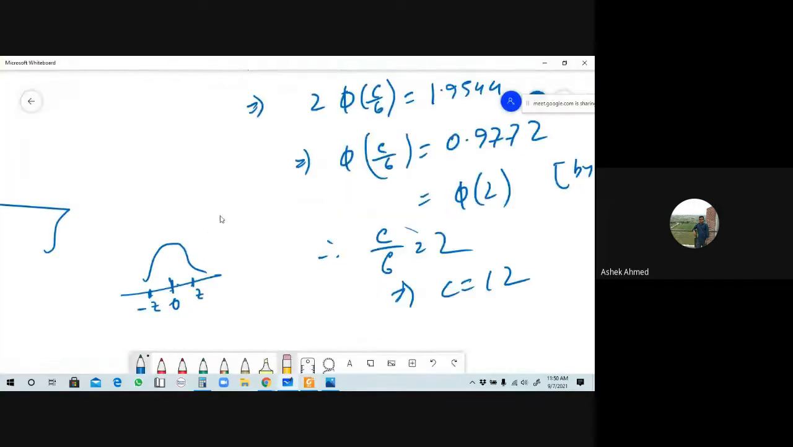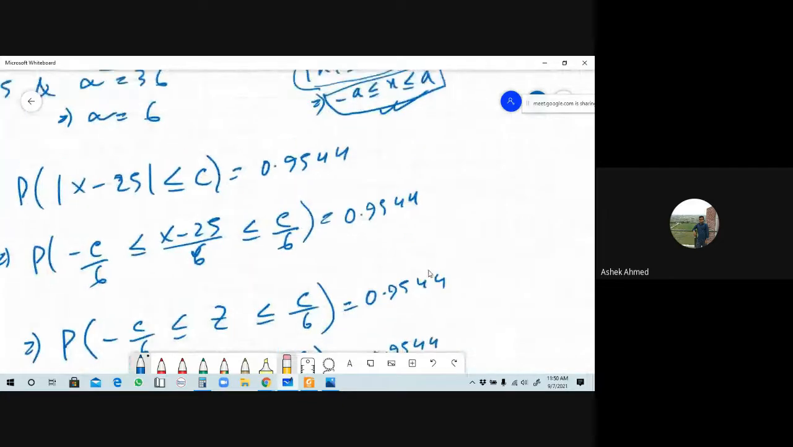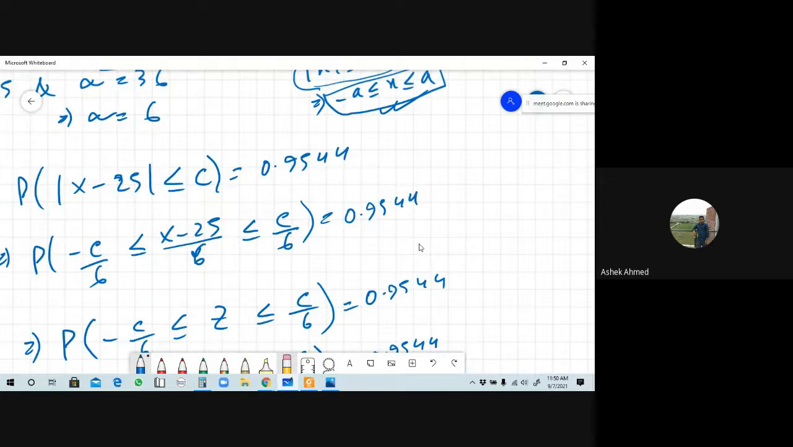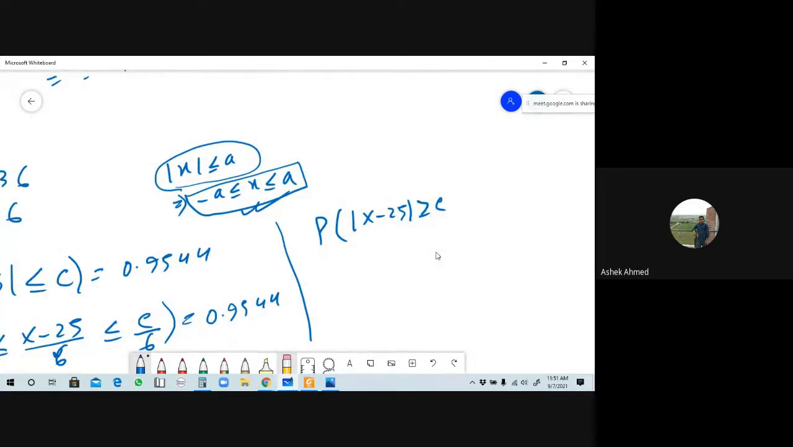তাহলে এখন এখানে দেখো, এই কোশ্চেনের মধ্যে যদি থাকতো এরকম: find the values of C, for which probability of absolute value of x minus 25 is greater than or equals to C equals to, মনে করো দেওয়া আছে 0.9544. Can you remember? Can you say how can you solve this problem? এটা কিন্তু খেয়াল রাখতে হবে।